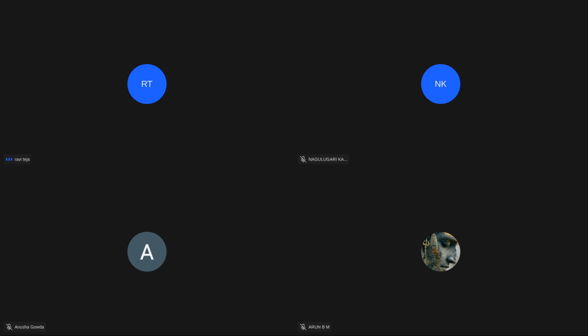Just go down to destination. Whom do you want to send this notification to? You see three options here: Lambda function, SNS topic, SQS queue. What is a Lambda function? Lambda function is a kind of processing engine. It can process any kind of data in that Lambda. But Lambda will run only for 15 minutes. After 15 minutes, if the job is still running, then it will fail. So Lambda is very short-lived.